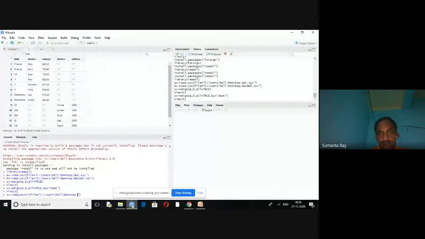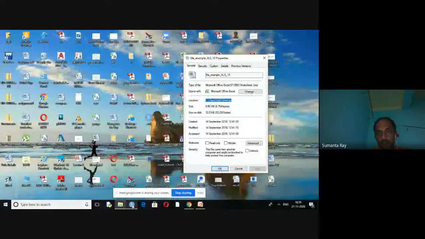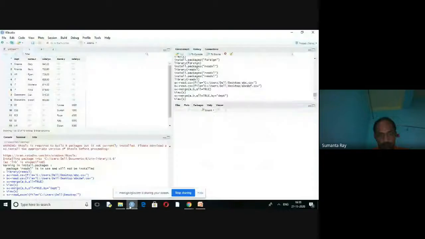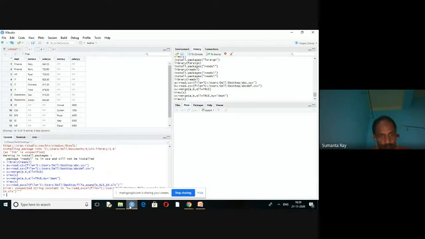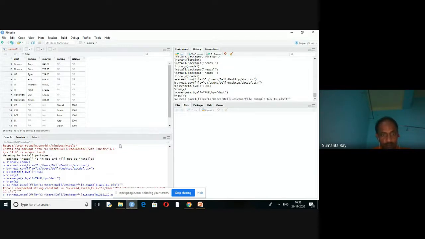What was the file name? .xls. In this way also you can merge. You just copy it.